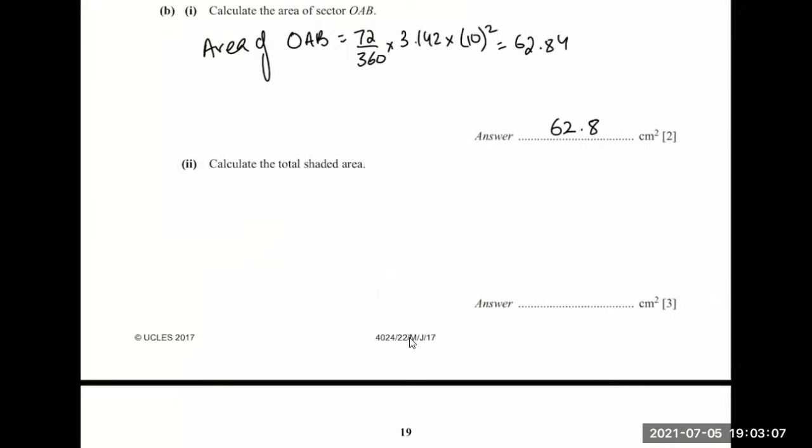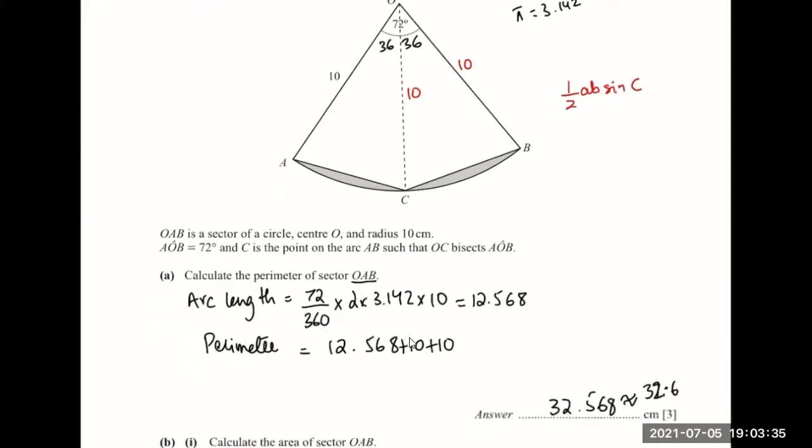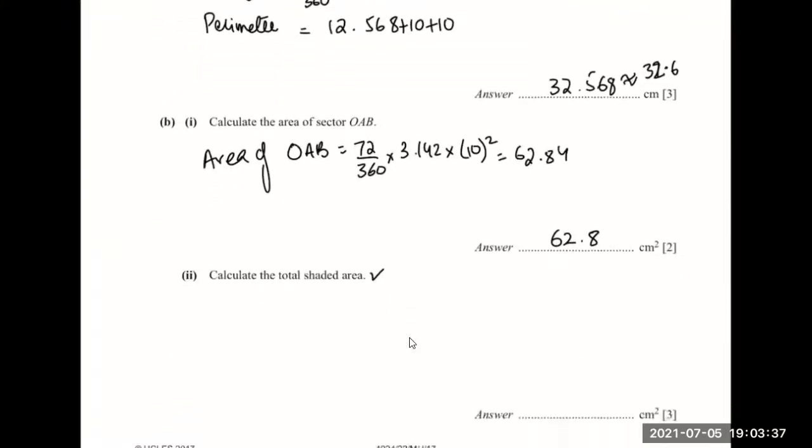Okay. Let's just calculate the total shaded area. Now remember that you calculated this entire sector. If you remove these two triangles, you will automatically end up with the shaded area. Now, whenever you are doing this question with triangles, remember that you always end up using the formula half AB sine C. So in this case, the area of triangles